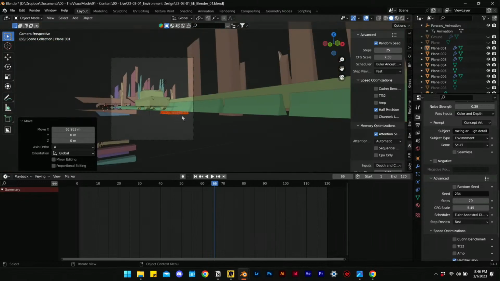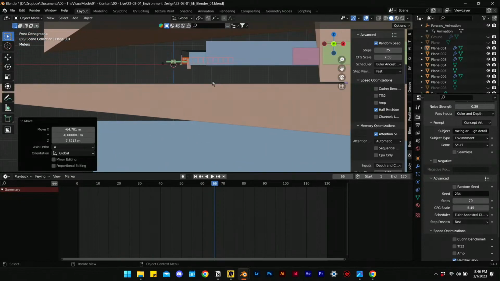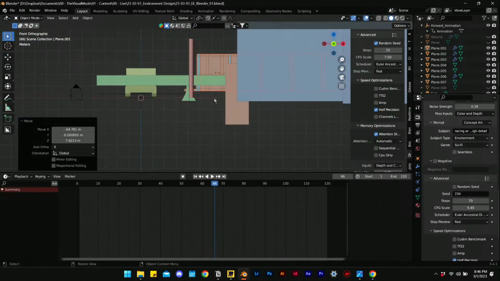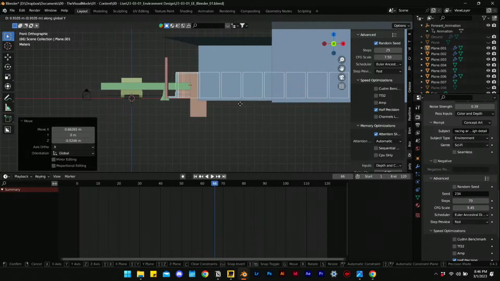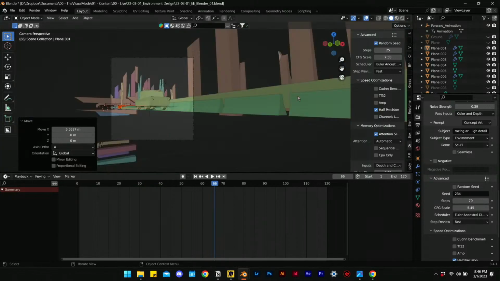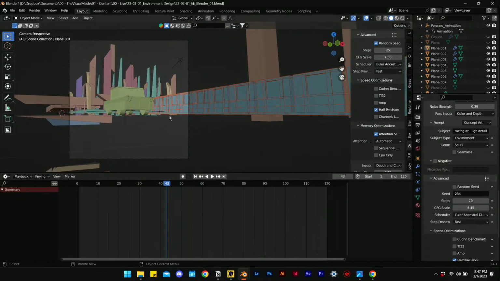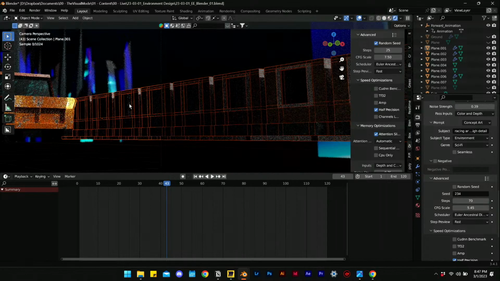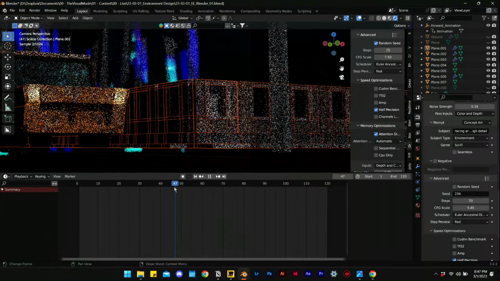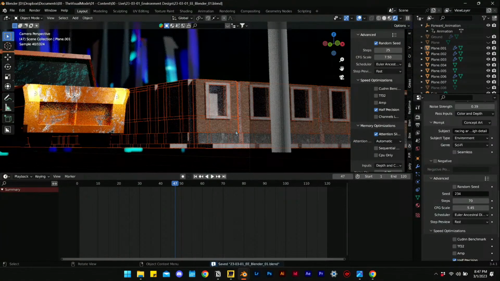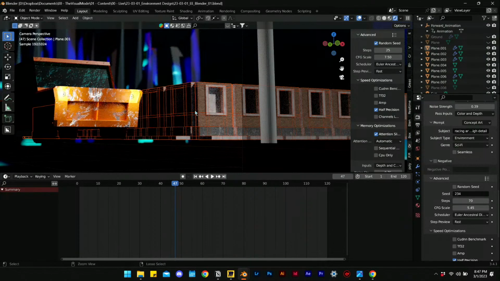If I go to my camera view, or side view rather, hone in on where my buildings are right here and the vehicle. Place that right there. There we are. Back to camera view. We roll back to where these buildings pop in. And we have our background element start to come together. If I join these two,